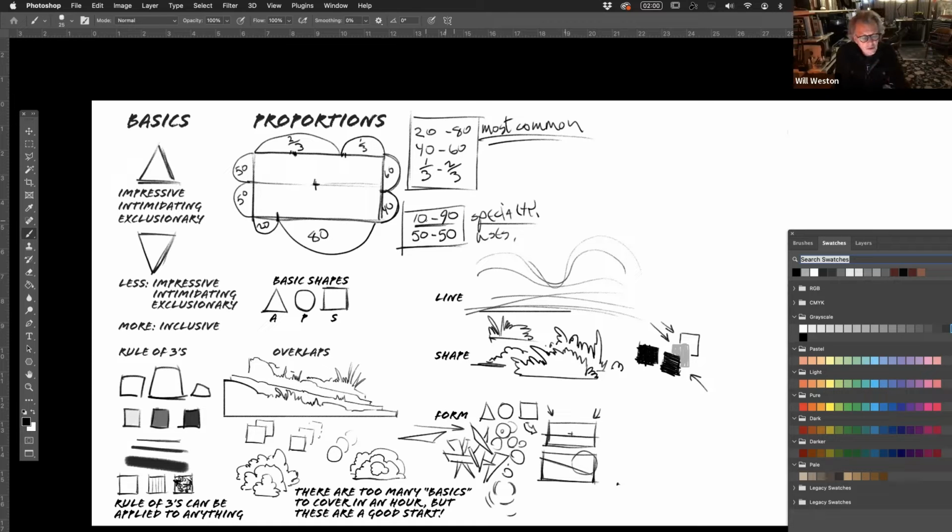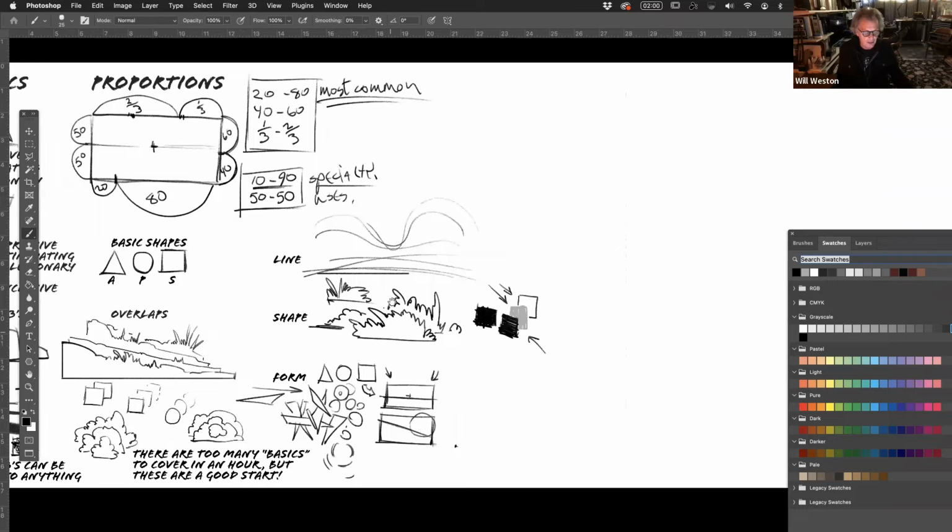Now, when we're looking at these proportions, any of these proportions can be reversed. I can use multiple proportions on one side. In other words, this is a loose system. This is not the golden section. Okay, this is not a golden section thing. This is a simplification of something called formal informal subdivision of space.